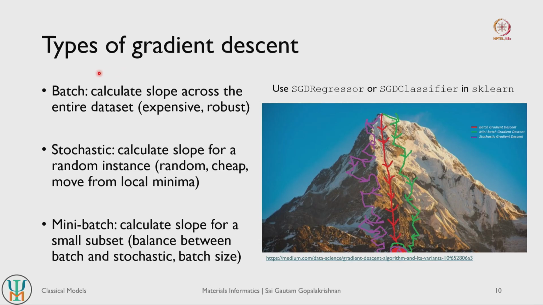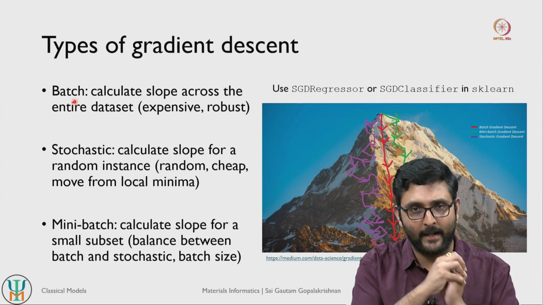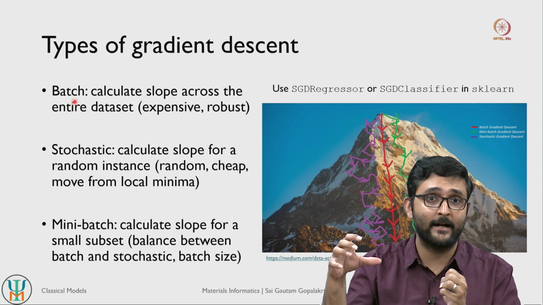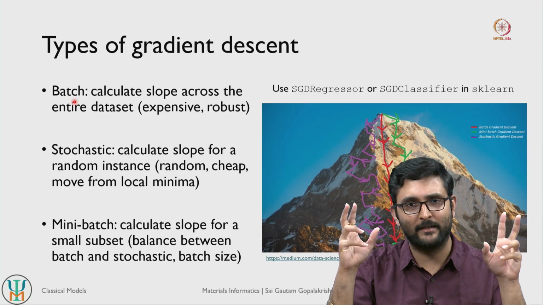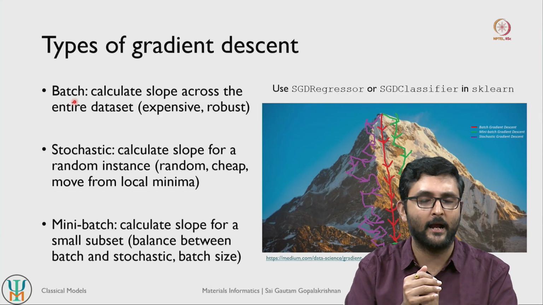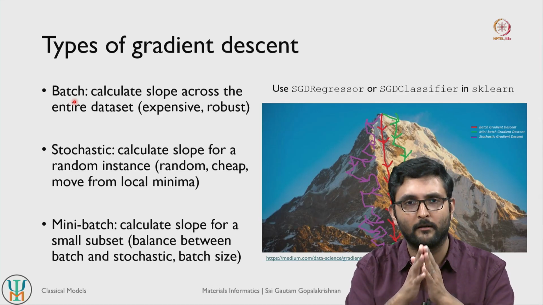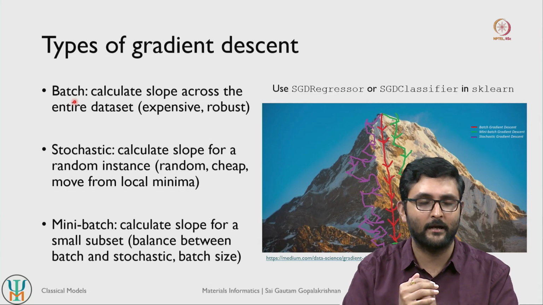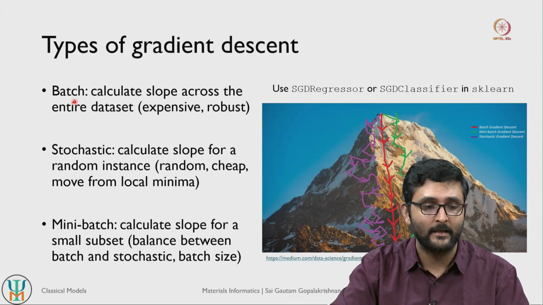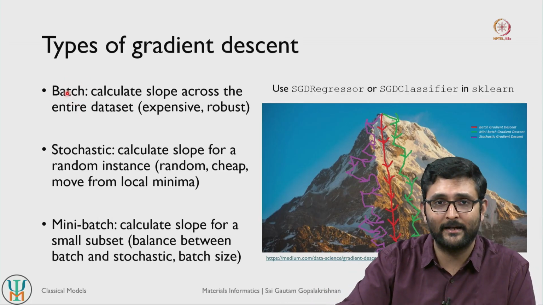If it does that, so let's say you have 100 data points in your training set, and at any given step, your model calculates the slope of your error function with respect to your theta values, your weights and biases, for all the 100 data points, and then it calculates some kind of an average gradient, and so identifies the direction with the maximum descent from that calculation over all the 100 data points, then that is referred to as batch gradient descent.